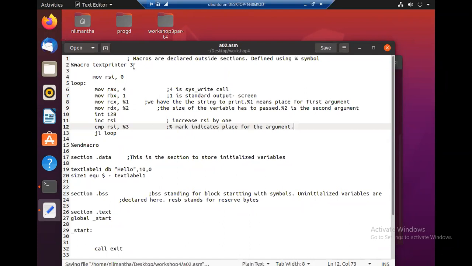So when you call this one, you have to mention the three arguments. The first argument will be copied here, the second argument will be copied here, and the third argument will be copied here. But there is one more thing to consider here: the labels inside a macro.